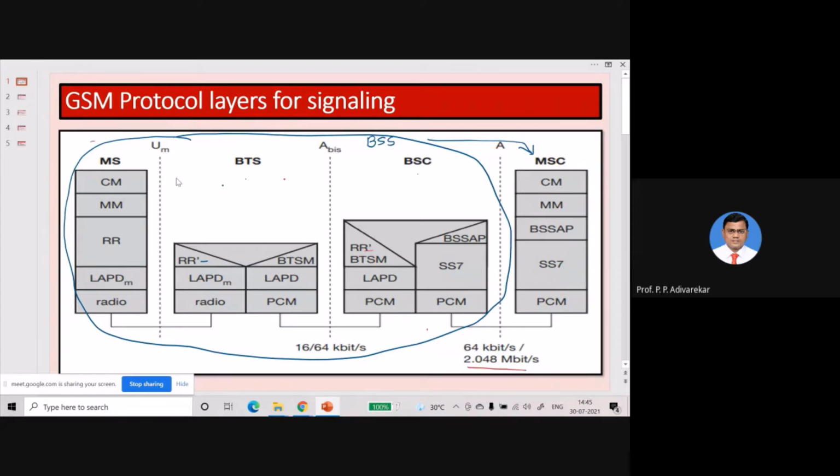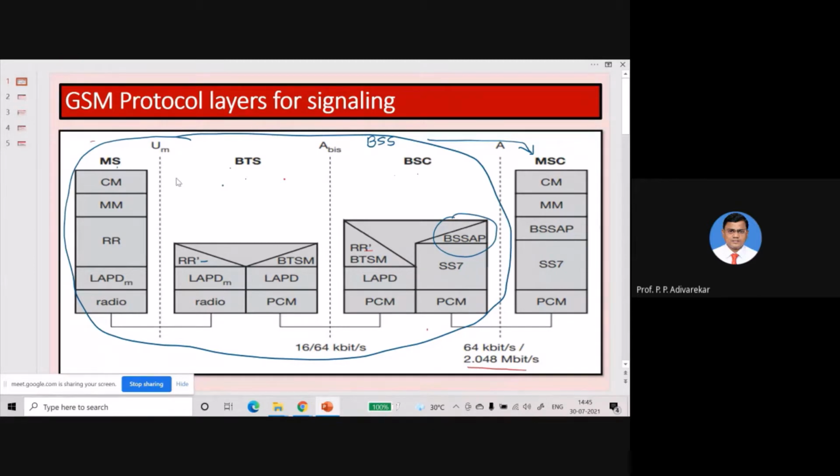Whatever functions are required for the management of all three entities, that is MS, BTS, BSC, the information required for controlling these three entities is conveyed via the BSS application part.